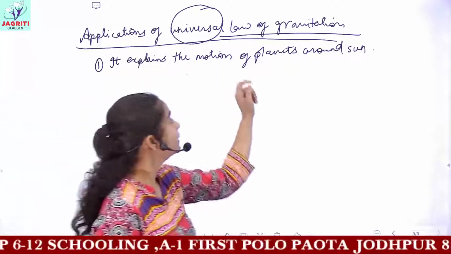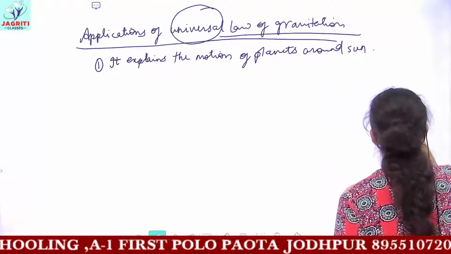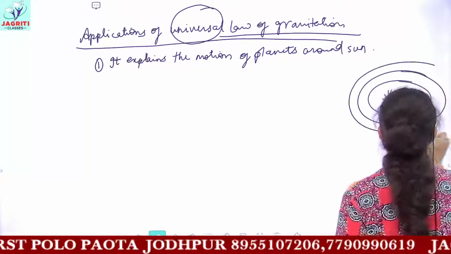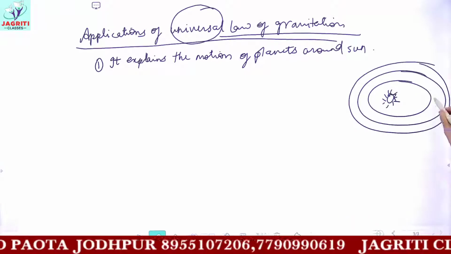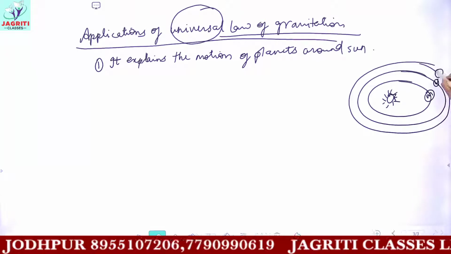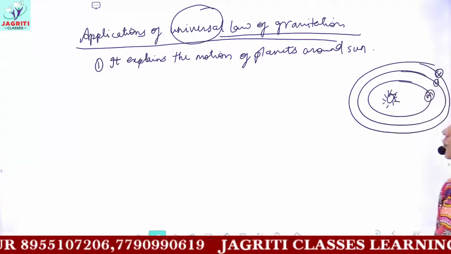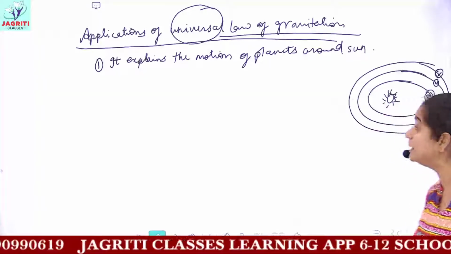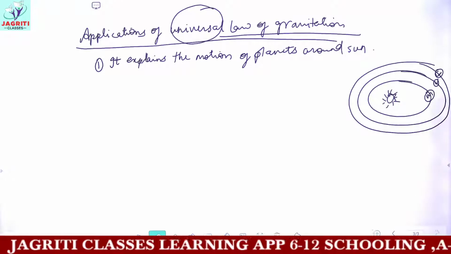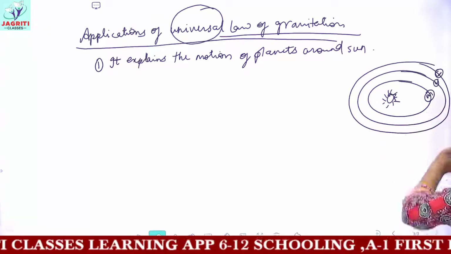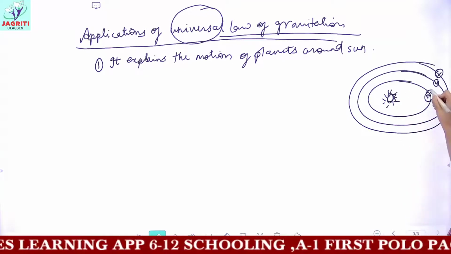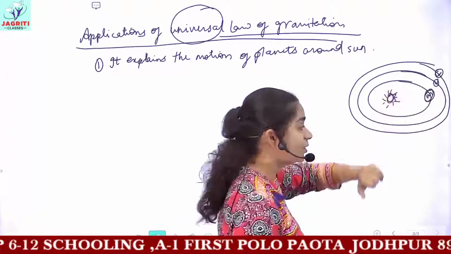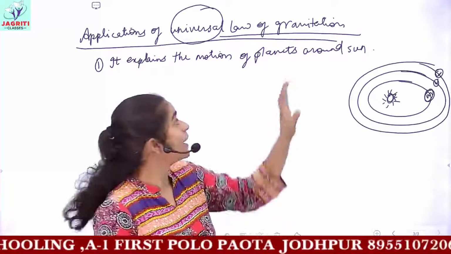Let us consider you have the sun here, and then you have the revolution of different planets around the sun. So you have different planets, Mercury, Venus, and then you have Earth, Mars, etc. We didn't know the reason why these planets revolve in fixed orbits, or fixed circular or elliptical paths, around the sun. Then the reason was clarified after this law: every two objects, with one object being the sun and the next object being our planet Mercury, have a force between them called gravitational force.